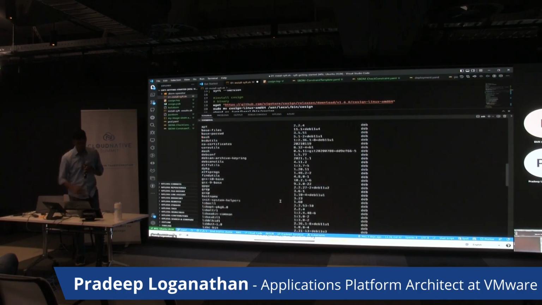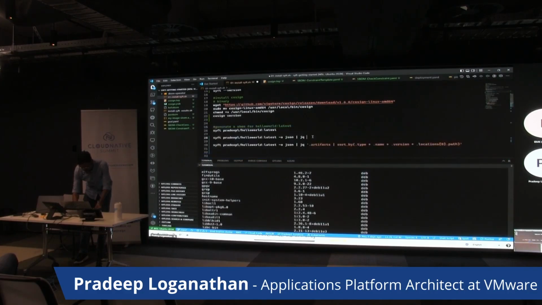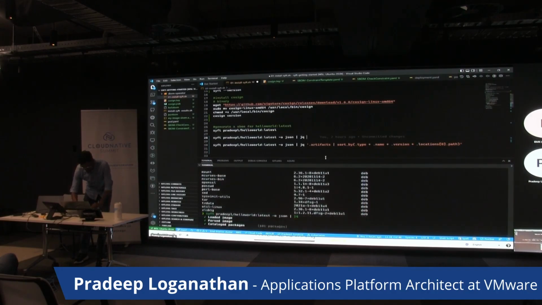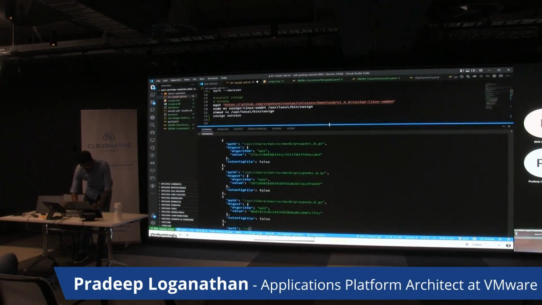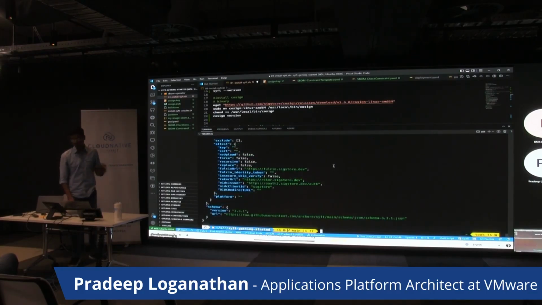So this is the SBOM. If you need more details about the SBOM, we can even output it in JSON format. This produces a lot of information, but it helps you better understand what the container contains.